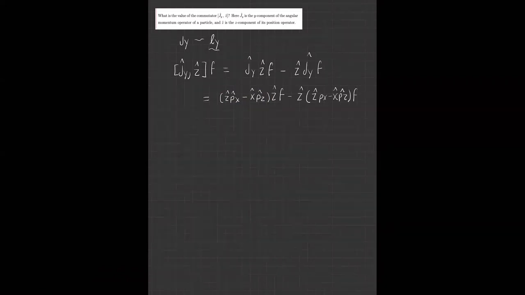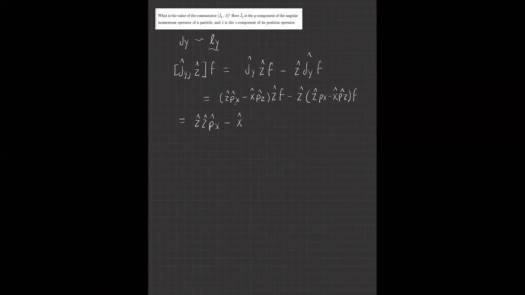Okay, and then from here you would just distribute, and you would find that this is just, now you can put this next to the other. So the tricky part is that P of X is basically just a derivative, and since Z is a constant and this is a derivative in terms of X, you can put this outside, so it will be Z and then Z and then PX